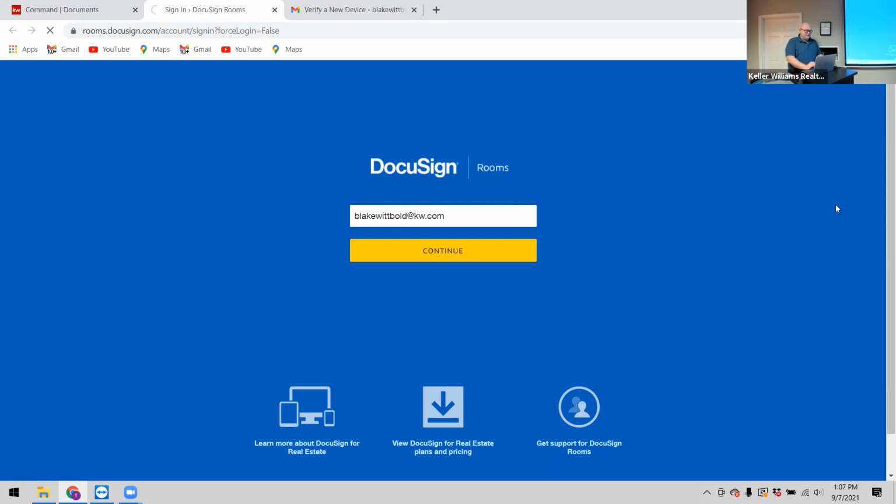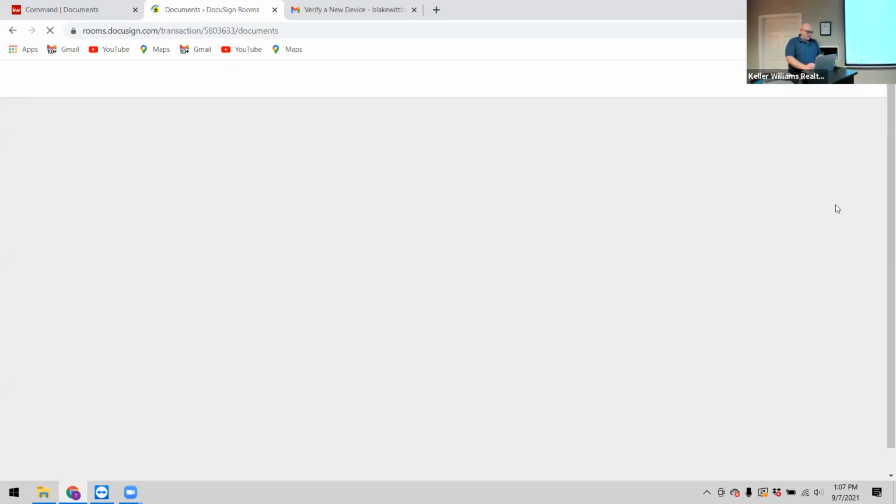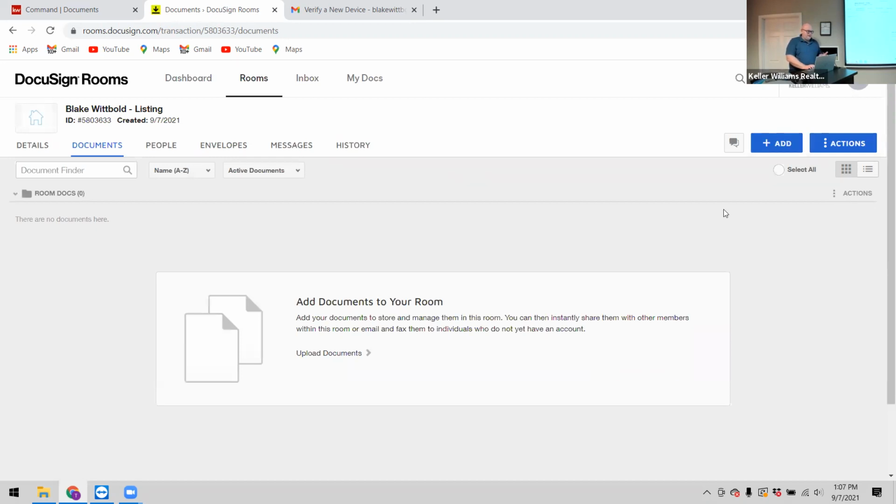So Docusign is asking me to log in, which I am doing. I put my email in. Here it is. Here's the room. So inside of a room, this is where we're going to be adding all of our documents for the transaction